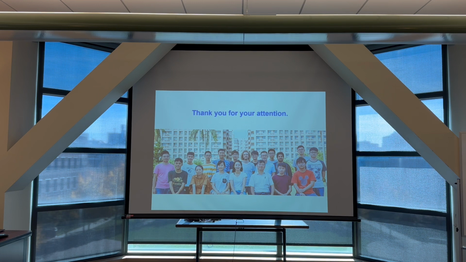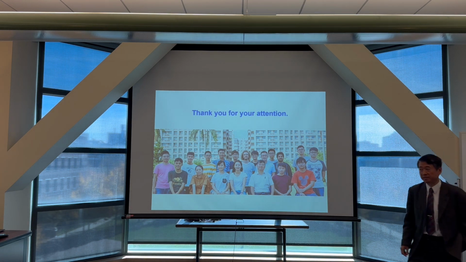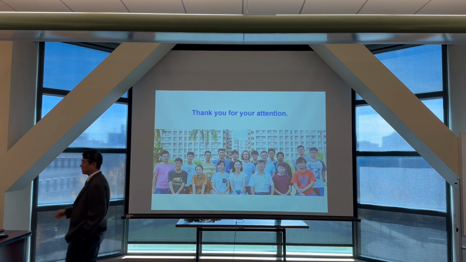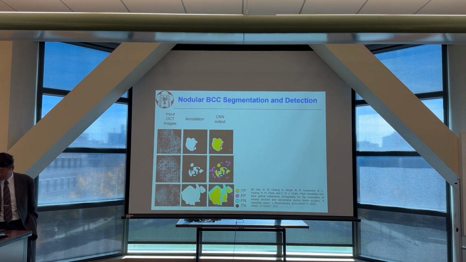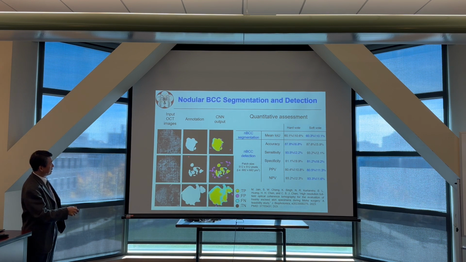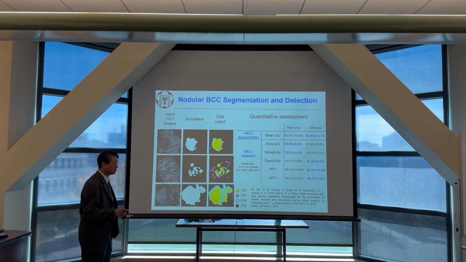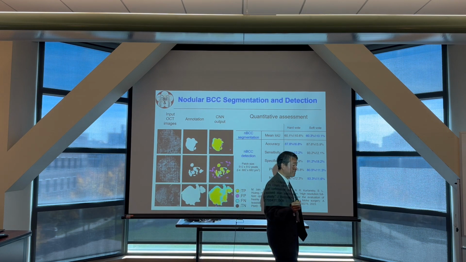Yeah, actually, remember I showed one example where we have a collaboration with MSKCC. That is an experiment where we try to segment out the boundary of the malignant tumor. So these are annotations of the boundary of the malignant tumor, and the yellow is the true positive predicted by the CNN. Yeah, and I think you mentioned a very important point, because right now HE stain is the